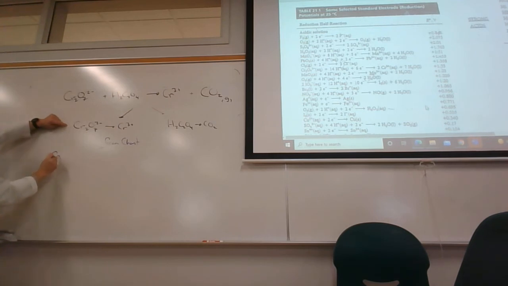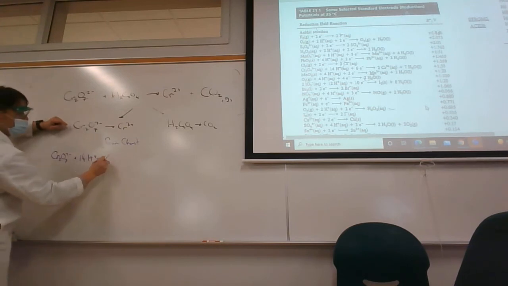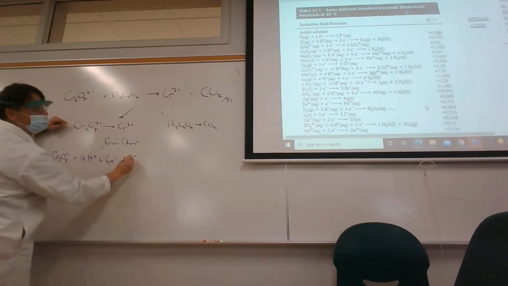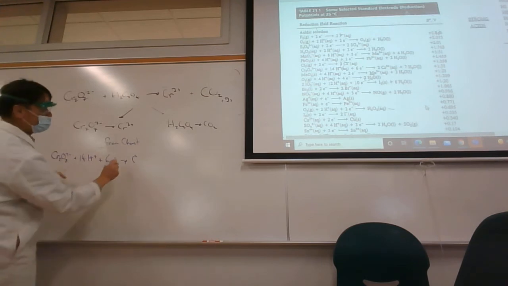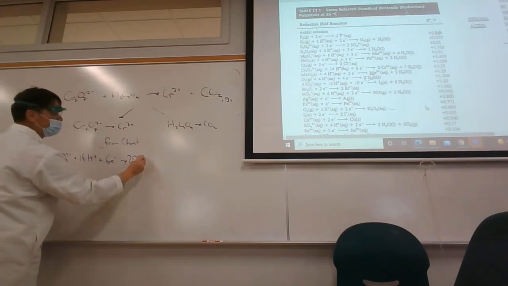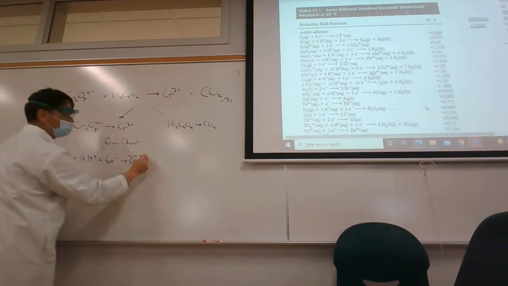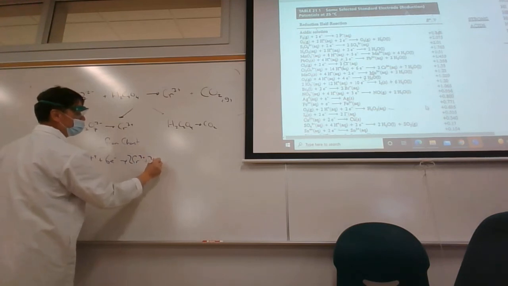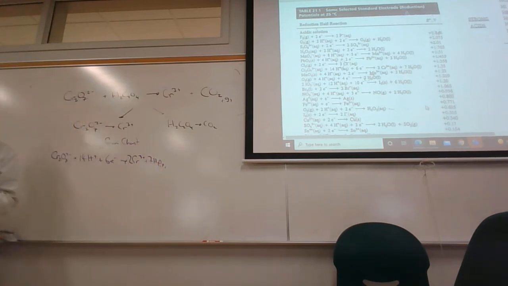It says dichromate plus 14 H+ plus 6 electrons yields 2 chromium 3+ plus 7 H2O. That saves me having to balance this